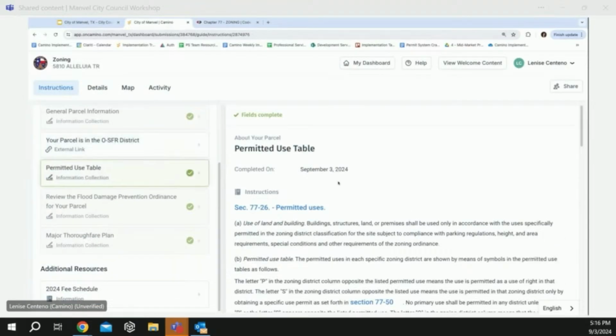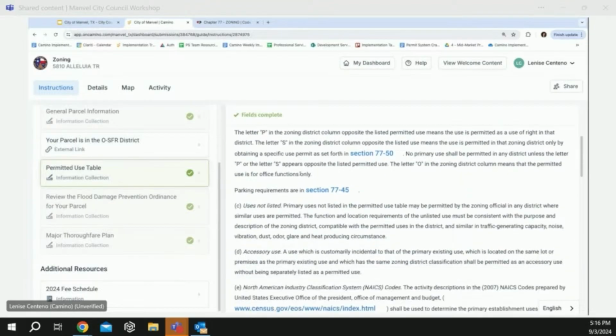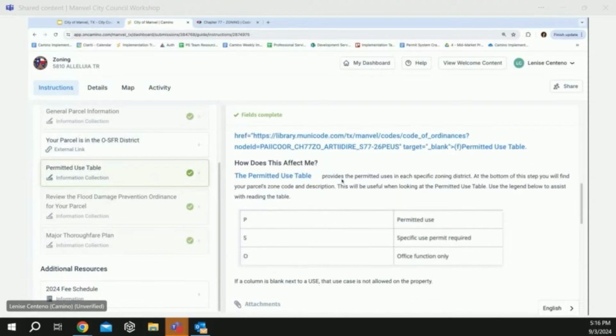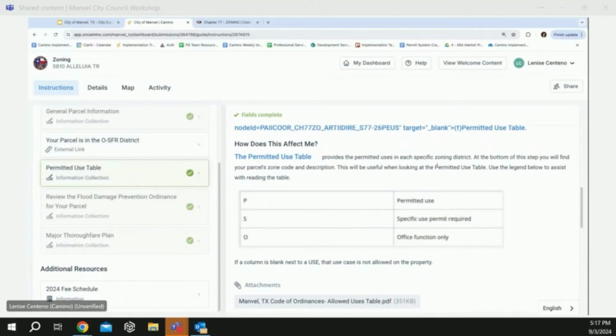In addition, we have the permitted uses table. We've taken the language from the ordinance, but we've also wanted to include some additional context for someone that may be looking at this for the first time, not familiar with what a zoning or allowed uses table is. We want to let them know what this is and how they can use it. So we've highlighted some areas here: how does this affect me?